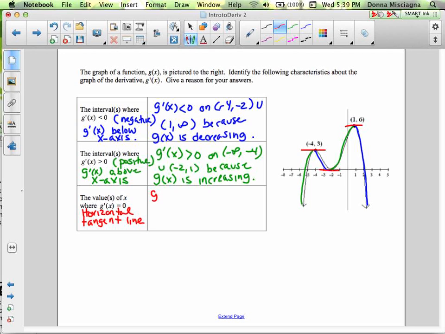So g prime of x equals 0 at, now this one won't be an interval, this is just at a single location. By the way, don't give the y value, because the y value on the graph of g prime of x is not the same as the y value on g of x. Just state the x values, right? So when you're telling where something is, just state the x values for the derivative here. All right, so at x equals -4, x equals -2, and x equals 1,